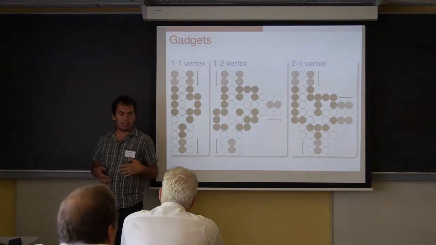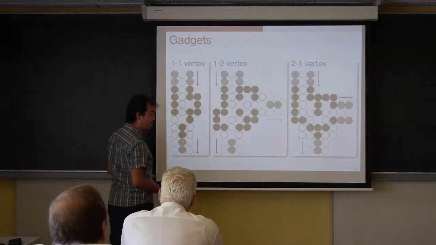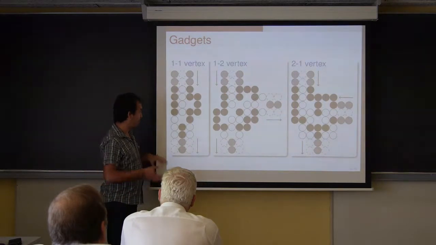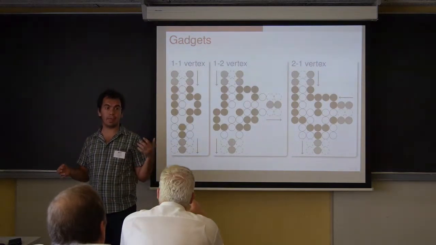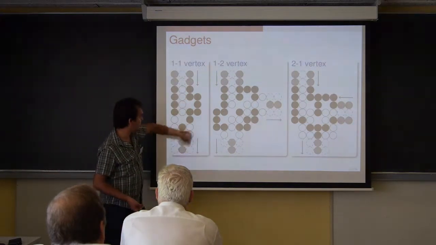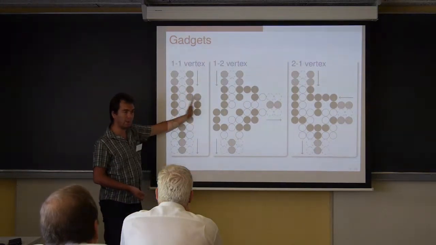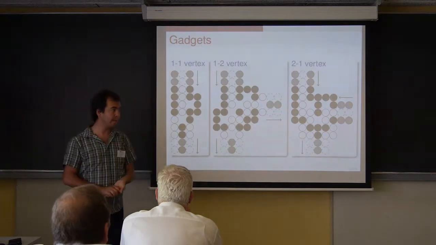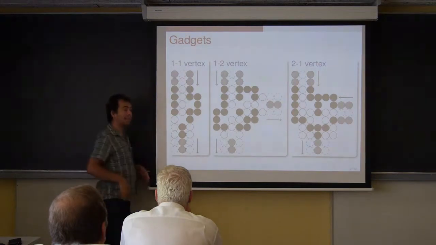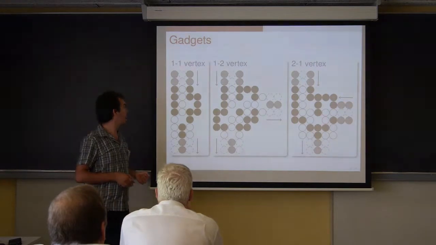So what does all this mean? In our representation of generalized geography on an Atari board, we're going to say we have groups of active stones. So this is 1, and this is another. Here we have 1, 2, 3, and then we have the surrounding that's not going to be active in itself. Except for the surrounding, all the active groups have a limited number of liberties. They may have 1 liberty, 2 liberties, 3 liberties.